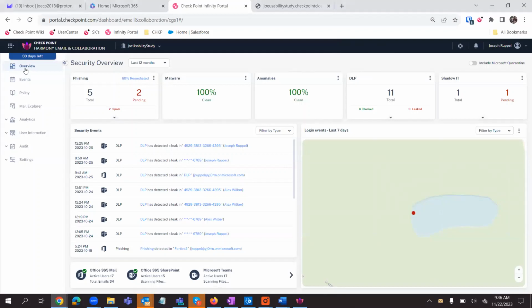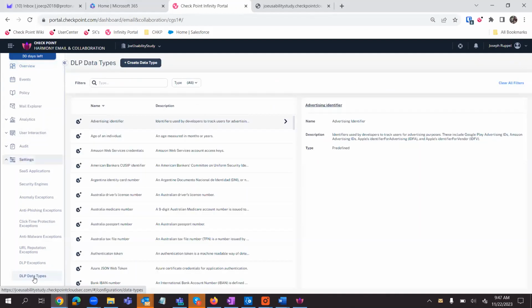So the last part I wanted to show today was somebody asked me after the last conversation. Basically, they said, "Hey, listen, that's great. You have DLP, and we really thought that was cool. But how do I add a DLP type? What if we have our custom SKUs or our custom number or our custom words, whatever you have, right?" So the way to add a data type or definition, if you want to use that word, to DLP is